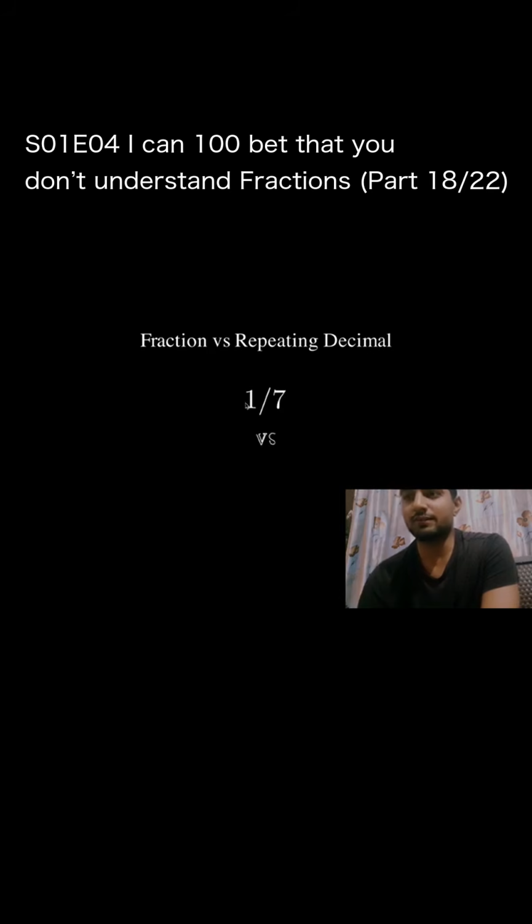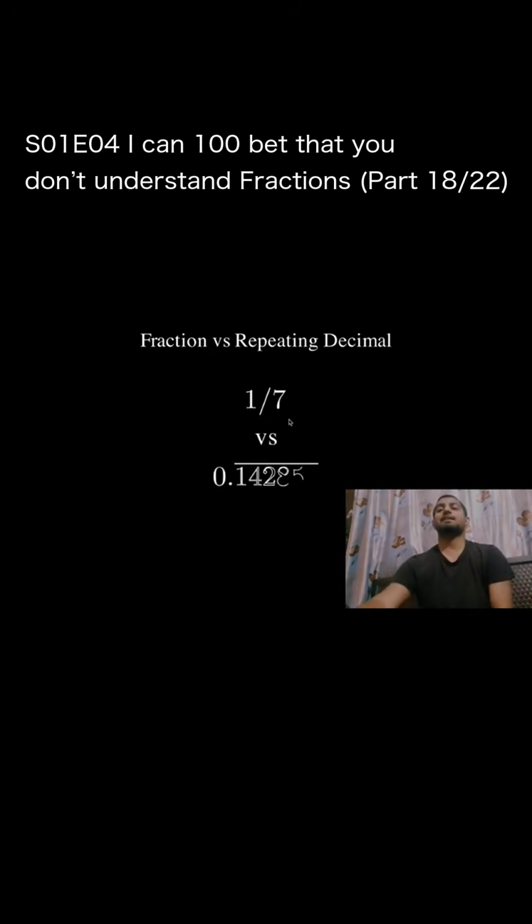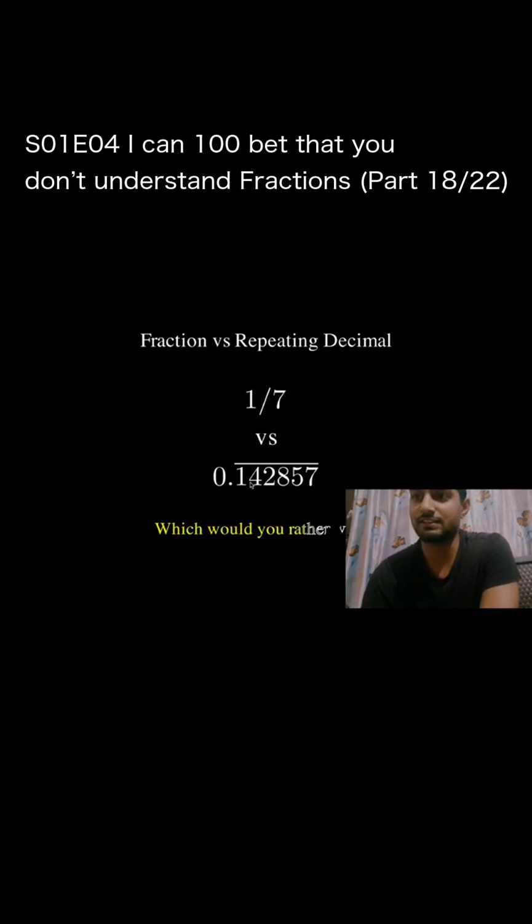So if you have to write 1/7, it doesn't fully get divided, and the solution is not limited. It will just repeat itself. 1/7 is more precise, and the decimal is less precise, I would say. In the same way, if you divide one by three and try to convert it into decimal form, it will become 0.3333333 something like this, and it will never stop, right?